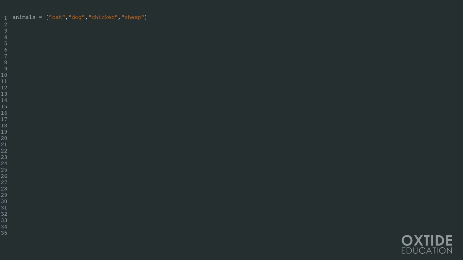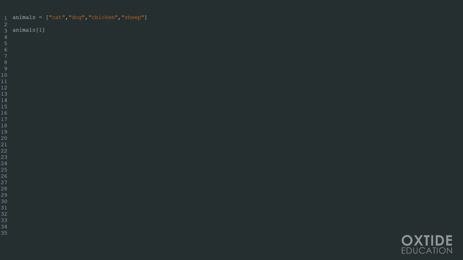To access a value in the array, I first write out the name of the array, which in this case is called animals. And then within 2 square brackets, I will put the position of the element of the array I want to access. The key thing to remember is that in programming, all arrays start with the position 0. So if I entered the number 1 into the square brackets, I'm actually accessing the element containing the value dog